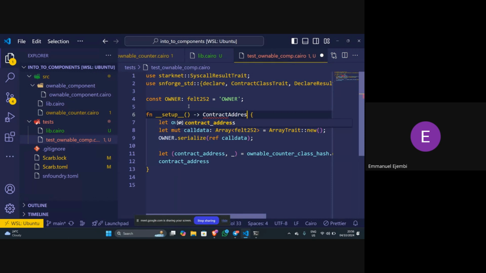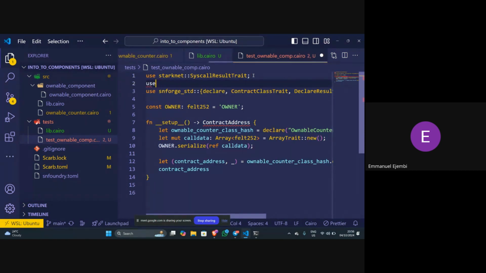Contract. So I need to import this from Starknet as well. Use